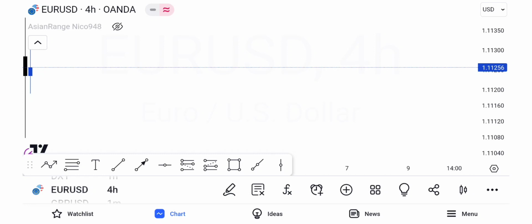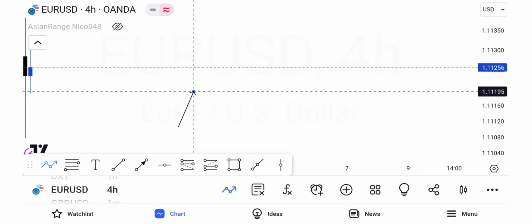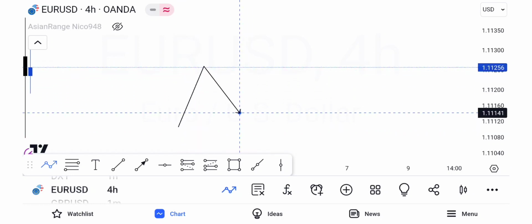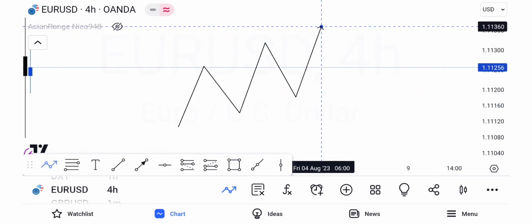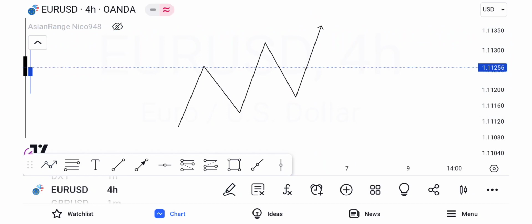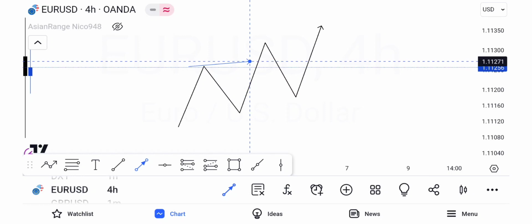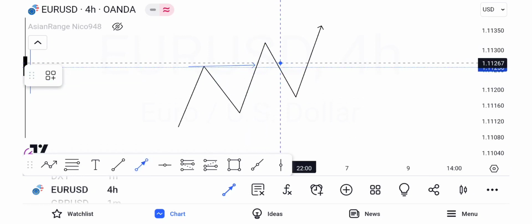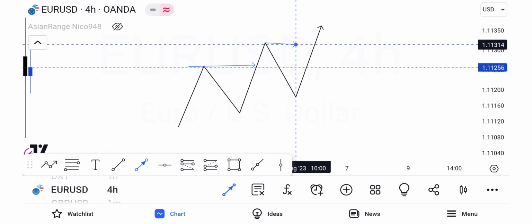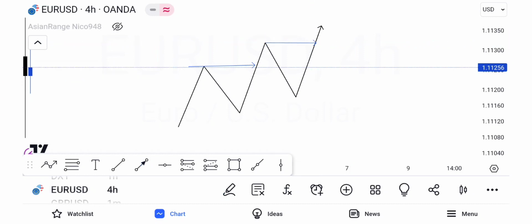maybe on Monday or Tuesday and the market is in an uptrend, giving us higher lows, higher highs, higher lows, higher highs, and these higher highs keep giving us a break of structure to the upside, and then another break of structure to the upside. What you should be looking at is